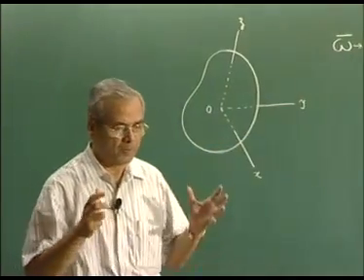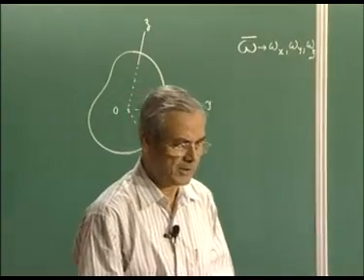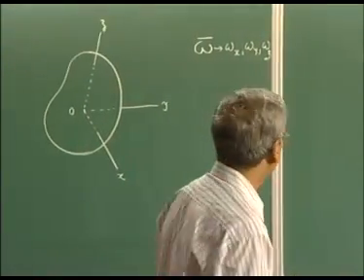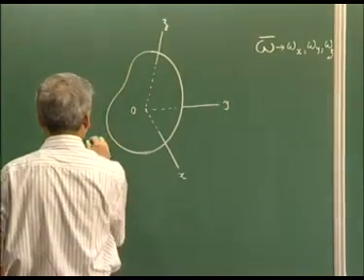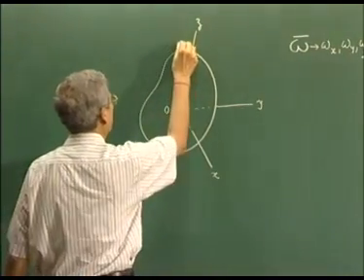So, these are the components of the angular velocity of the rigid body along these 3 directions, small x, small y, small z. We should also remember that there is another set of